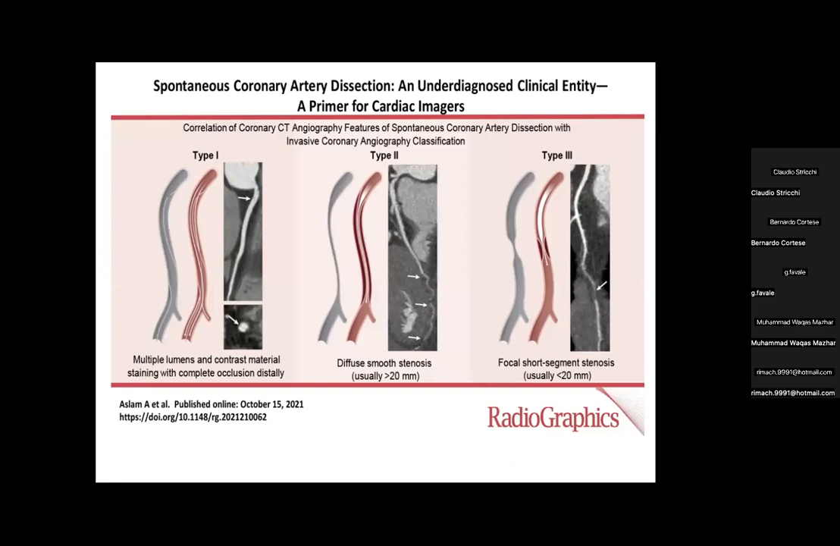coronary angiography. Here we can see the three types of spontaneous coronary artery dissection. Type 1, as we can see in the coronary angiography, shows multiple lumens and contrast material staining with complete occlusion distally, and here we can see it in the coronary CT angio. Type 2 is diffuse smooth stenosis, usually a long stenosis of more than 20 millimeters, also seen here in the reconstruction of the coronary CT angiography. Type 3 is a focal, usually short segment stenosis, less